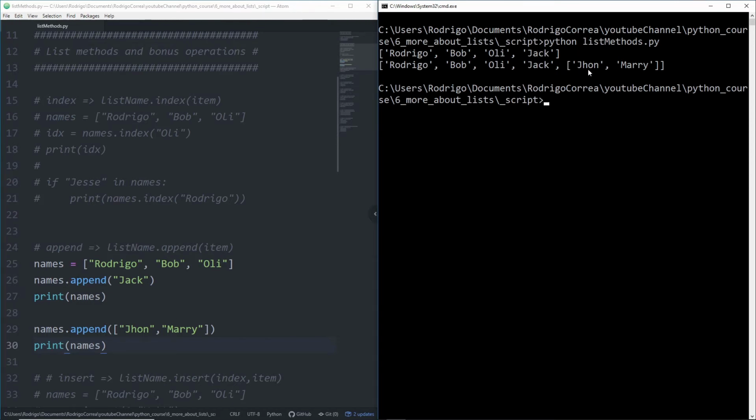Note that you don't have a concatenation of a list. What you have is that list added as an element. So that's going to be a sublist of the list called names. Remember that append will always append that item to the end of the list. If you want to have more control over where you want to add it, we should be using a method